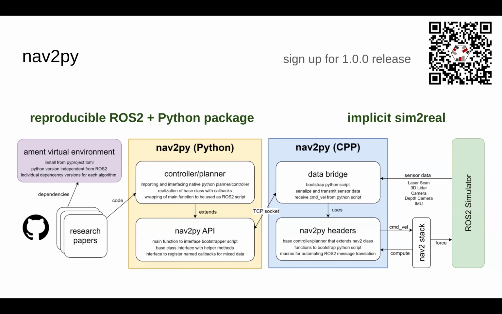Advantages are reproducible ROS2 and Python packages, works every time, works across different devices. And we have implicit sim-to-real. If it works with nav2, you can also deploy it on a real robot all of the time. So I hope this will greatly improve the odds of actually integrating and using a planner. Because ultimately, a planner is only as useful as it is useful to other people, like how other people can use it. If it works for you, great. But in my opinion, that's just an okay paper, not a great one.